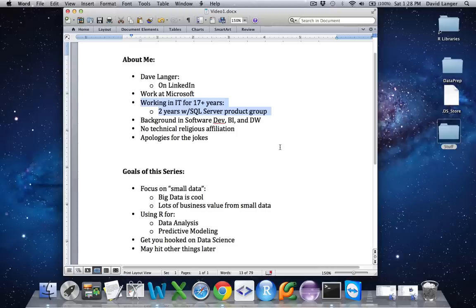Because I see data science and machine learning and data mining in particular as just the next step in value over traditional business intelligence and data warehousing scenarios. You can think of BI and DW as really being this backward facing, looking back in time analysis kind of activity, whereas data science, quite frankly, is a lot about taking that information and then actually projecting forward in time, which is actually quite a bit more interesting, at least to me anyway. And I'm assuming to you as well, otherwise you wouldn't be watching this video.